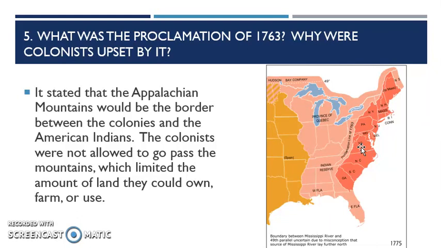This is where they're going to stay for that moment until whatever, okay? They're never going to lift this. In their opinion, the colonists are being stuck at that financial status. So the colonists aren't supposed to go past the mountains. They can't take any more American Indian land. And if they do go past the mountains and the American Indians find them, then they are on their own. So this is limiting the economic growth of the colonies. And so they don't like it, and it's going to be one of the sore points between England and the colonies, and it does lead to the American Revolution.